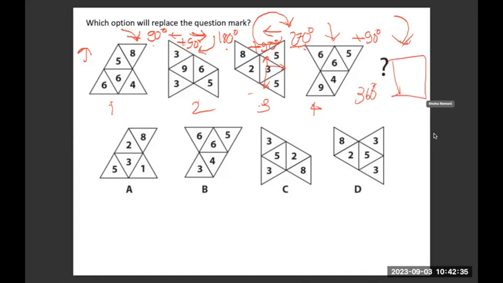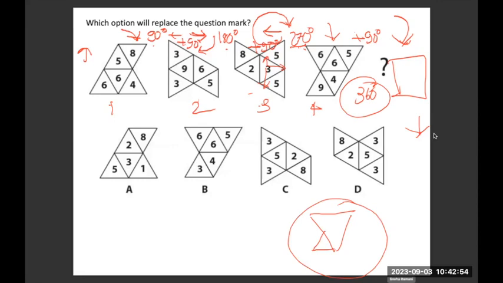A 360 degree rotation means the triangle's orientation will be as it is, the way you see it, like this. The orientation of the triangle will be exactly like this, because it is rotating 360 degrees. This kind of figure is happening only in the case of B, which also happens to be the correct answer. In this case, purely by looking at the rotation, I was able to get the correct answer,